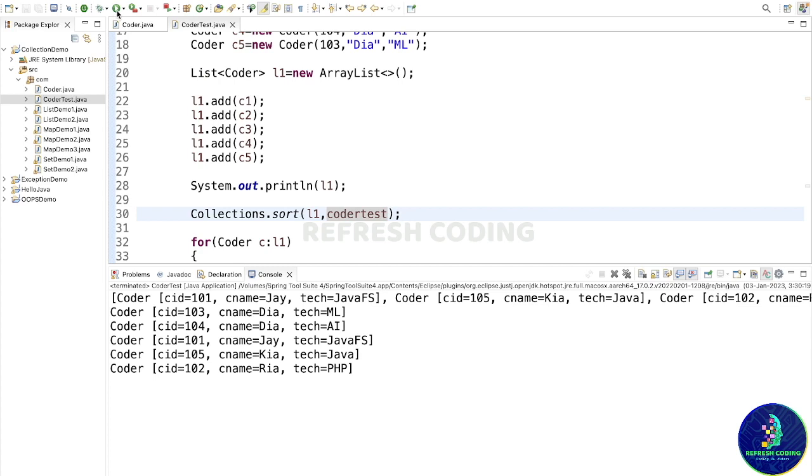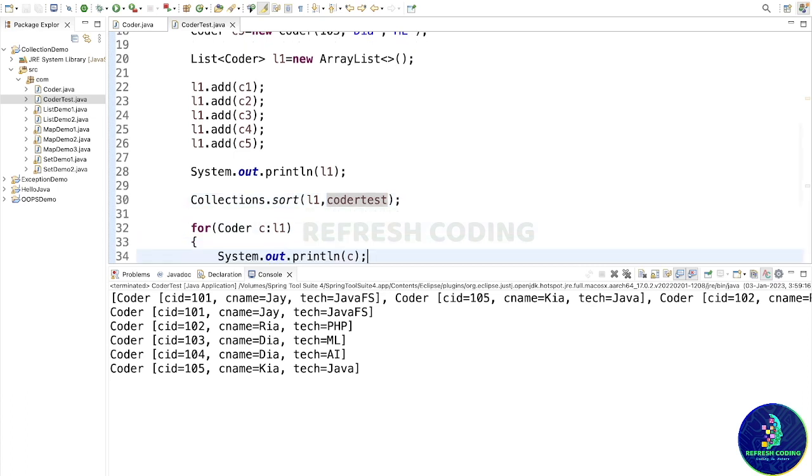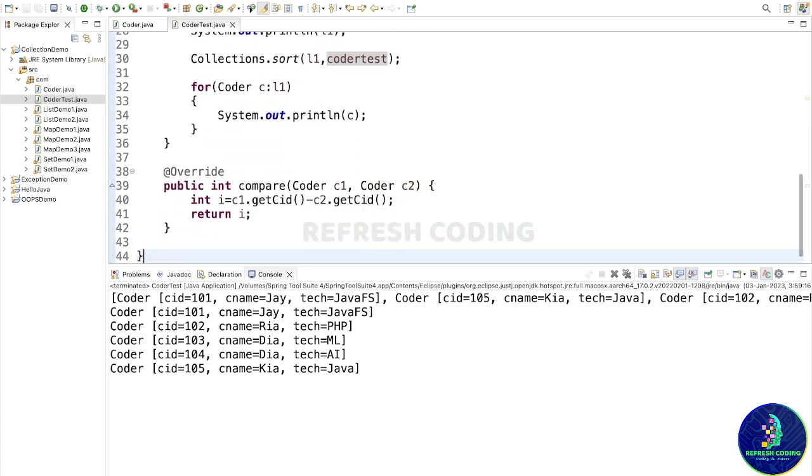And if I execute this, again I will get the output sorted according to ID, the Coder objects sorted according to ID. So this is how you will work with Comparator. Now, suppose you want to sort according to name, that also you can do with the same logic as we have written in the compareTo method. Only difference is here we will use c1 and c2. So if I want to sort it by name, then what I will do,